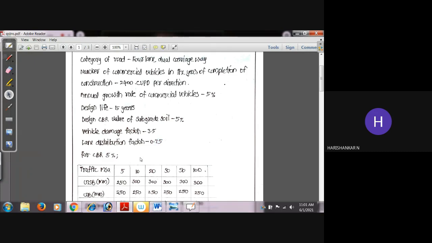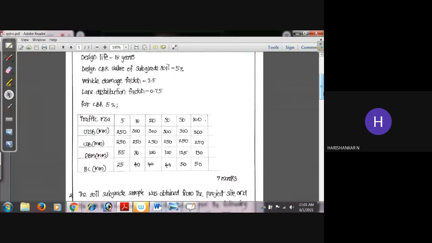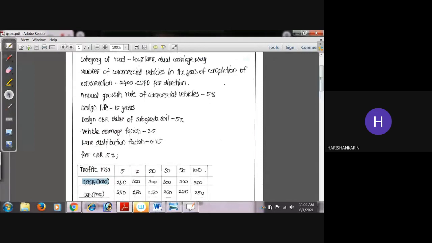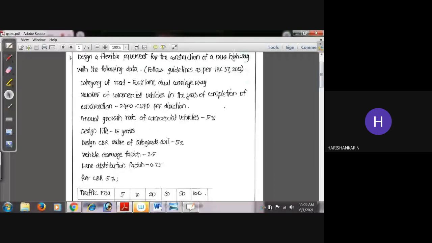Here you have to do it as per the equation, and once you get the combined thickness, you can find the thickness of the separate component layers by using the table. The table is directly given. This single table is given in the question paper so that you can have the thickness for the individual layers. Just do the problem and then share the answer. Take down the values, substitute, and calculate the final answer.